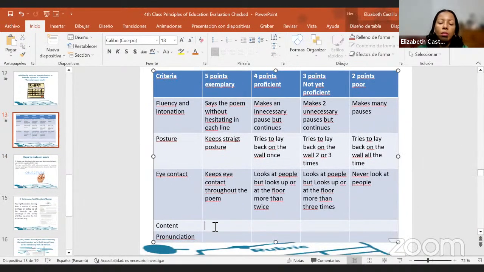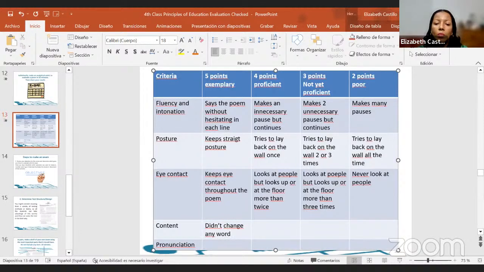In terms of content, didn't change any word. Changed 1 word. Changed the word. Change the words, or more words. And in the poor level would be didn't know the poem. In pronunciation, perfect